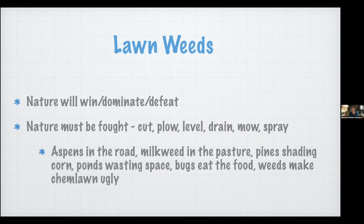The milkweed will grow in the pasture and the cattle will have less to eat. The pines will shade out the corn. The pond will reduce your tillable acreage. Your tomato hornworms will eat your tomatoes. It'll literally take the food from your mouth. And worst of all, you're gonna have weeds in your lawn. So, can't have that. So I wasn't sure if there were gonna be enough people in the UP to really